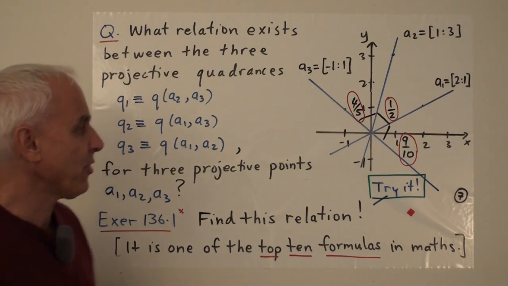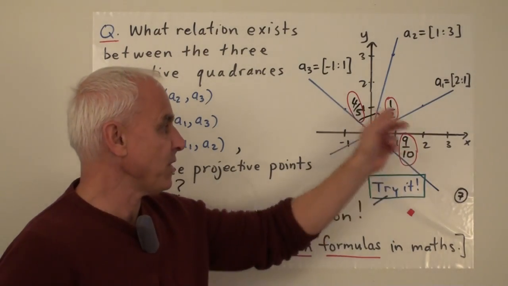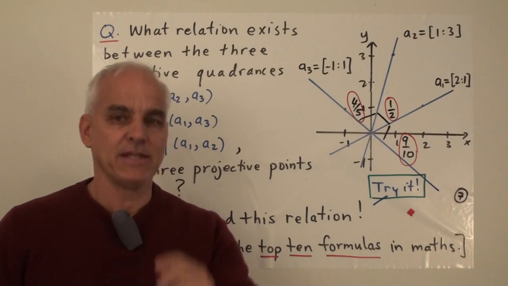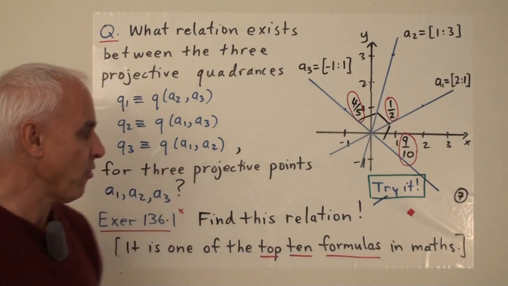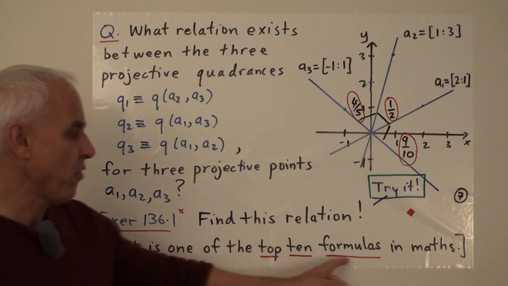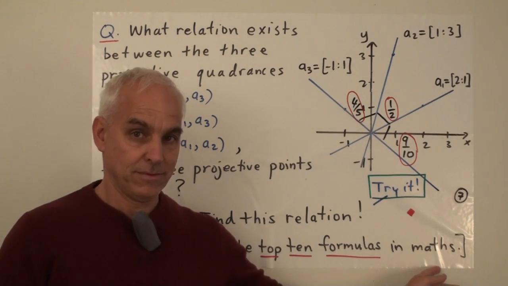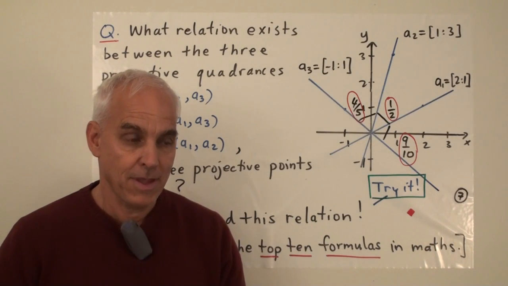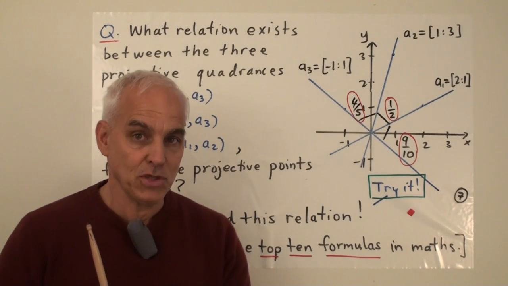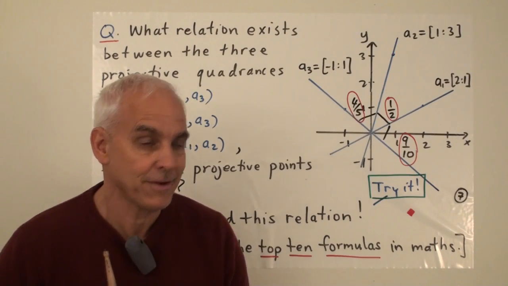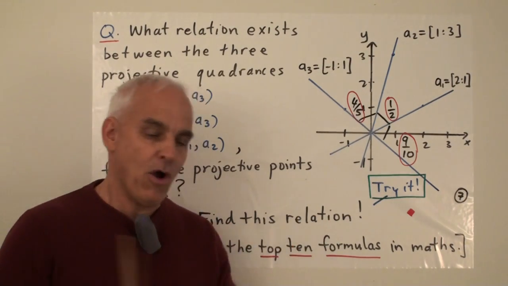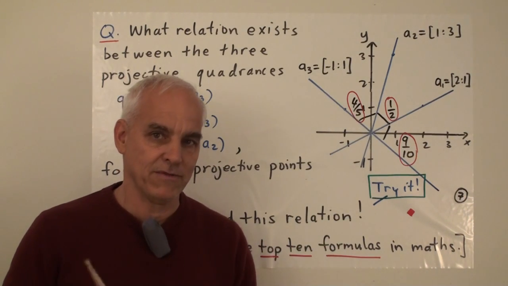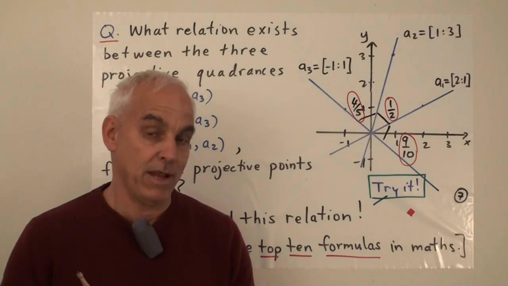So we want to know what's the general relationship that's going to hold between these 3 numbers, no matter which lines we choose. So there is such a relationship, and it's a very important formula. In fact, it's one of the top 10 formulas in mathematics, in my opinion. And I'm not exaggerating here, I really do think it's one of the top 10 formulas in mathematics. And probably by the end of this series, you will probably agree with me. You will see how this formula opens up all kinds of new areas and new developments in quite a variety of different things. It's really a remarkable and beautiful formula.